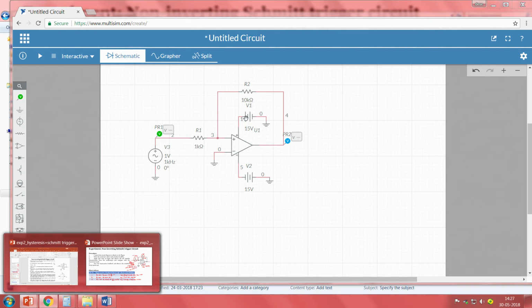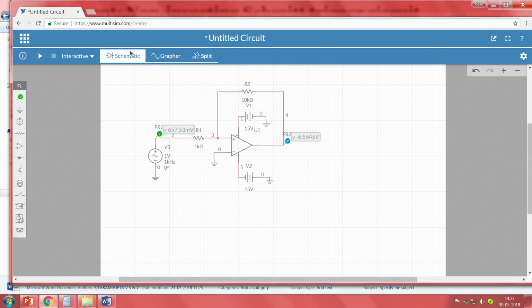Now is my input okay to measure both, whether I am getting plus VCC as well as minus VCC? No, the reason is the input voltage is below the higher threshold value itself. Since it is lesser than the higher threshold, it will be in one saturation, sorry, it will be in minus VCC. We can also simulate and see. So we need to apply more than the threshold voltage. So I will set the peak value as 2 volts.